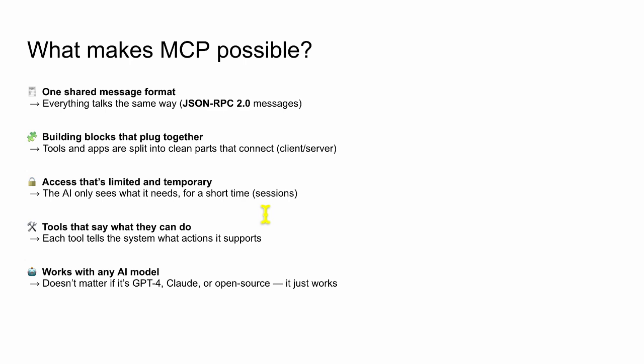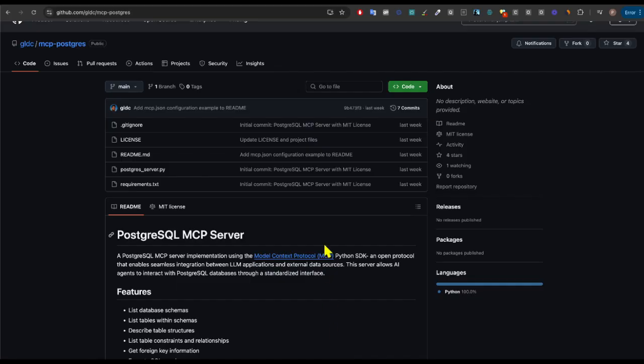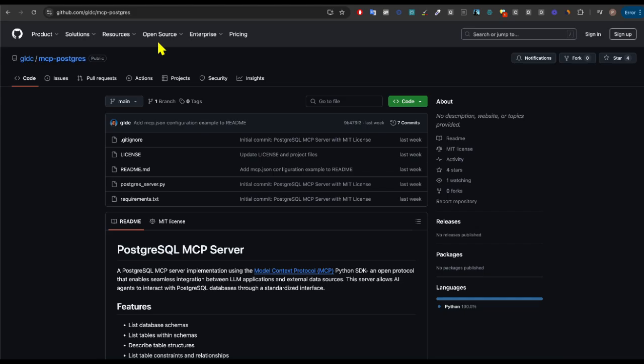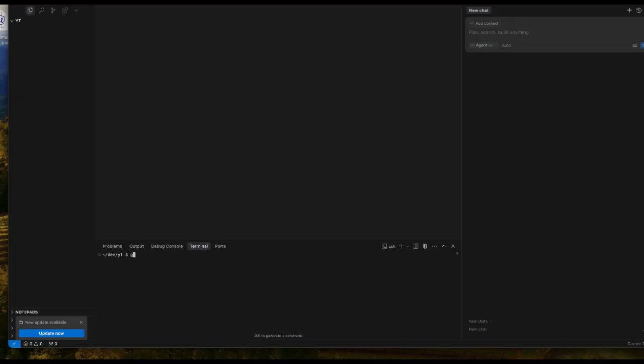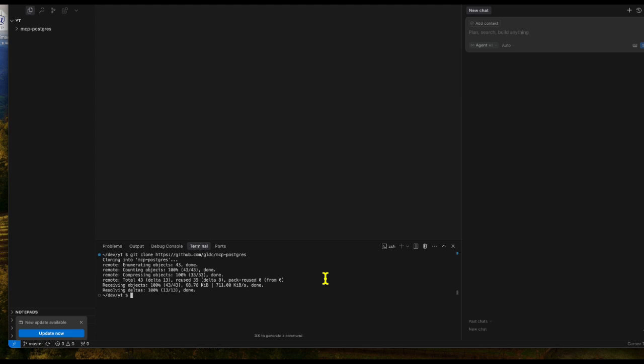And what's also a big benefit is that it works with any AI model, so you can just switch out your LLM. So let's set up a quick MCP on our local machine. For this we go to the GitHub repo for the Postgres MCP server. We clone this to our local machine